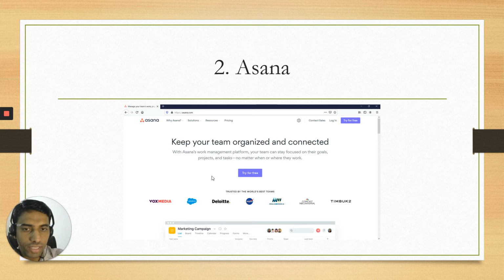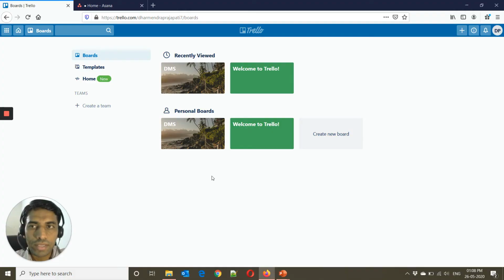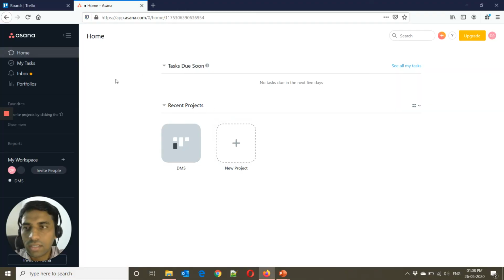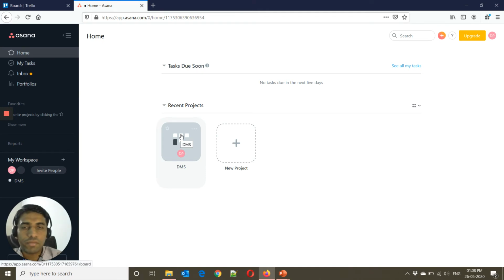we can use it for free, and there are certain limitations in the free version. But for a small unit or small organization, it is very useful, and there won't be a need to upgrade unless you want any upper level features. Okay, so here in Asana, let me log into Asana. This is the homepage of Asana. Here we can create a project. Asana is also a little bit like a big project management tool. It has many features that you can enjoy a lot and effectively manage the project.